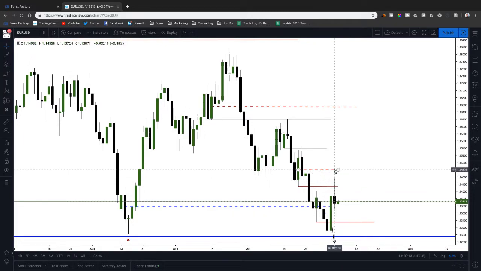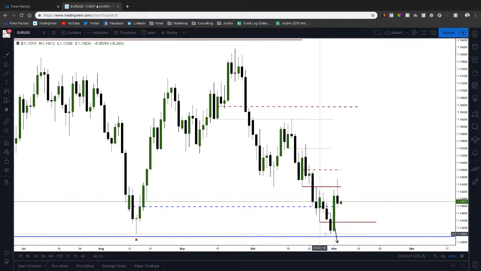If we get and close back above 1.1480, at that point I'll be looking for continuation higher. So if we get above this level, look for the liquidity on this swing high at 1.1550 to be run, and then these swing highs back here at 1.1620, and then if we can get it, we'll look for some type of trade back up into this level. But that can only happen if we get and close above 1.1480. As long as we remain below that, I'm going to be looking for lower prices, and my first target will be again the 1.13 big figure.